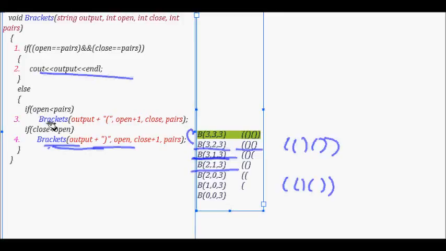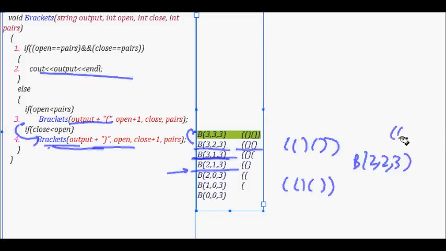So for 213 what had happened, let's try to see what will happen here. So b213, so I had already incremented 2, so it went away. So this is there, so now still there is a possibility. So from here I went to this line, okay, and I return back here. So I can again execute this line. Close is less than open, so I go to